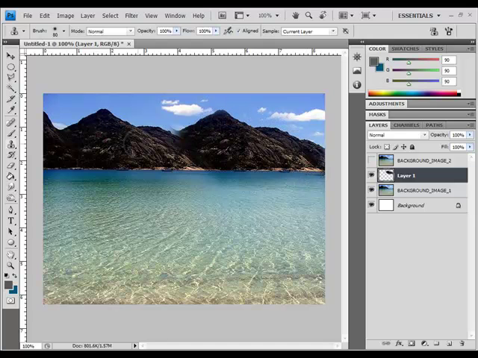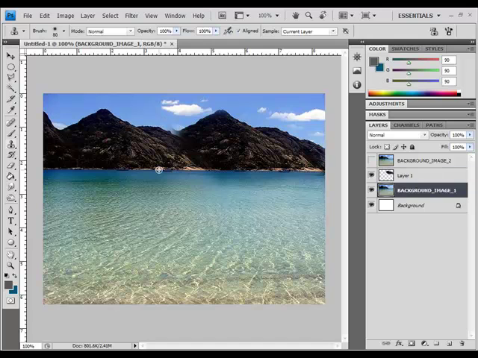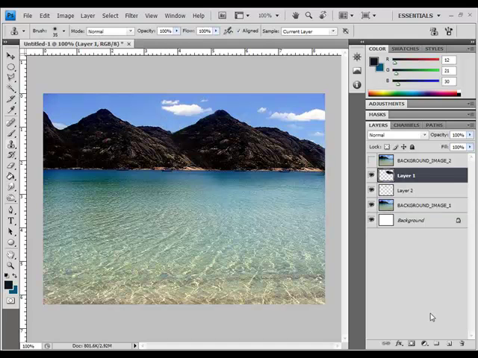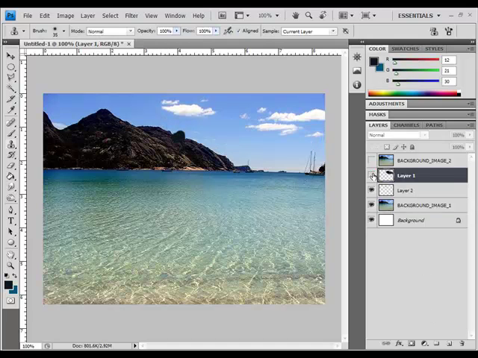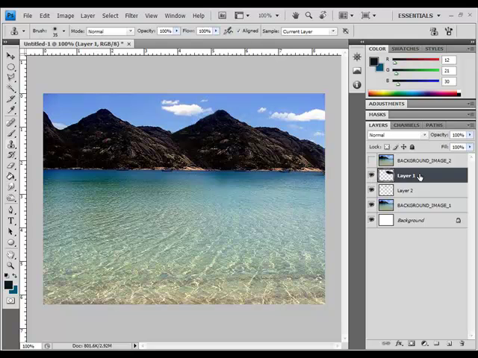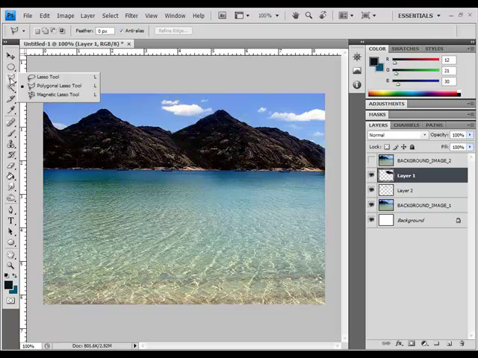And look at that. It looks like a whole type thing that actually goes out to the ocean, because if you see when I take this off, it was actually like a channel out from this cove type thing, it looks like. So what we can do is actually take the lasso tool, or the polygon lasso tool I should say, and we'll go over to this right here, and we'll just make a